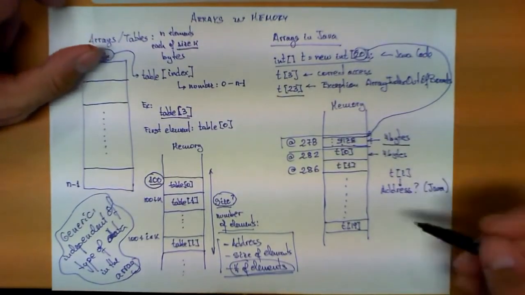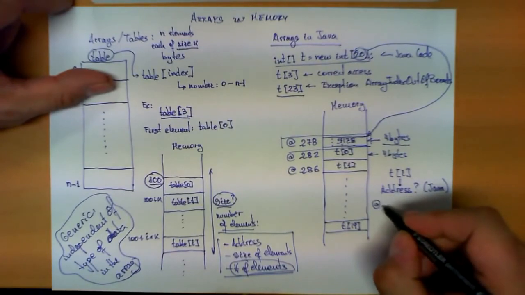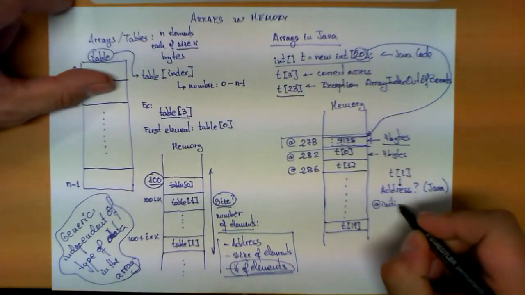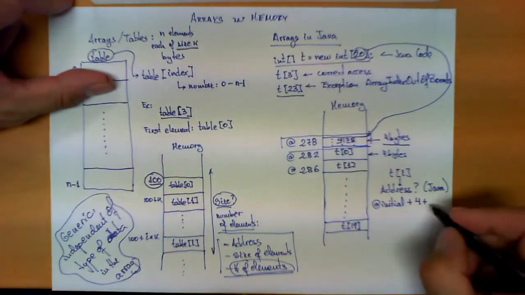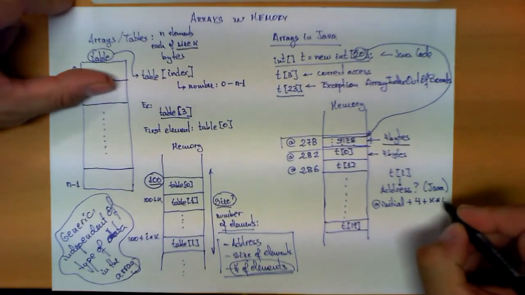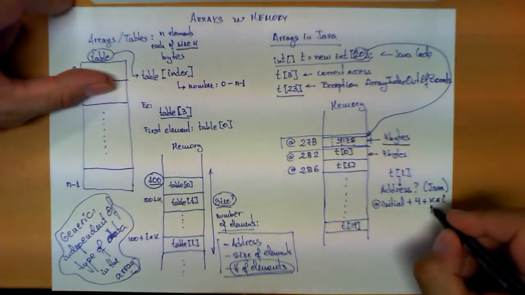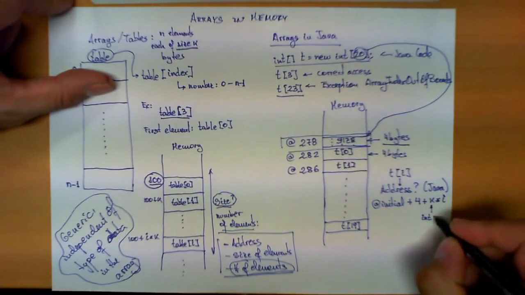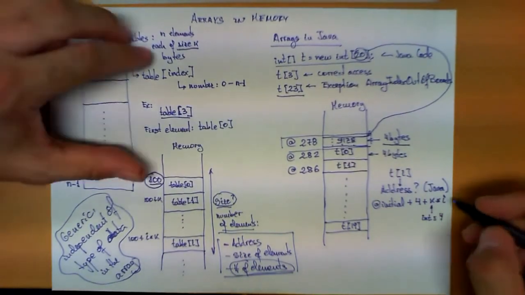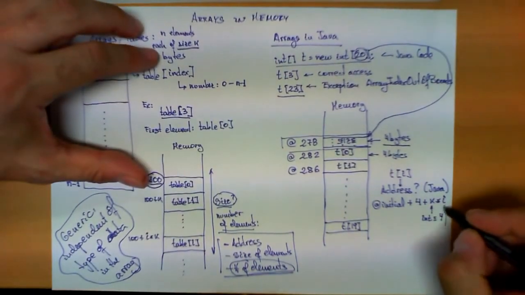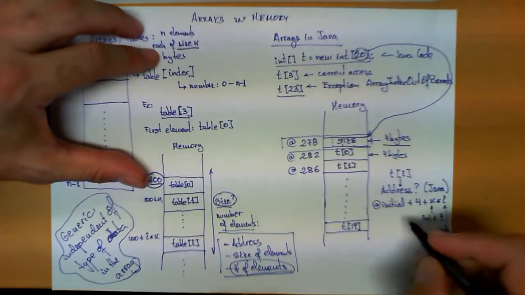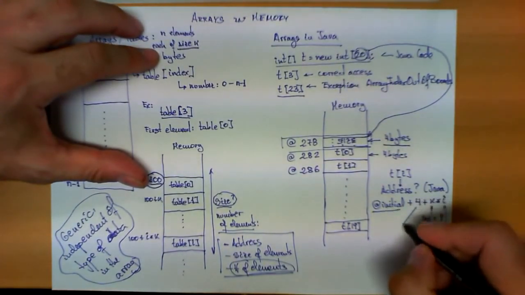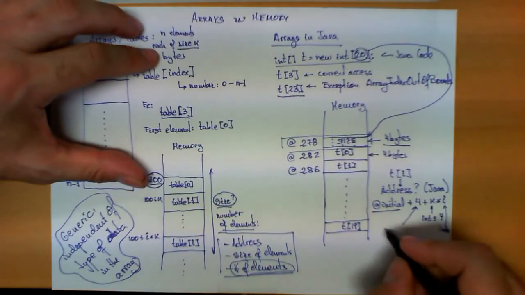So the address of t of i would be the address of the initial element plus 4 plus k times i, where k, if we are storing integers, is 4 bytes, i is the index, this is the initial address, and these 4 over here that we have to add is because we store the